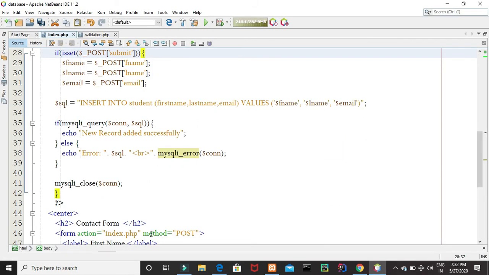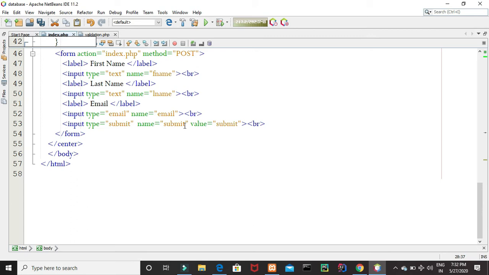Note the method for the form submission is post, and that's the reason we are checking with isset post. I just hope that you remember that this is a super global variable and we are checking for submit. Now what is this submit? This is the name given to our input type. So this is the name, this name.